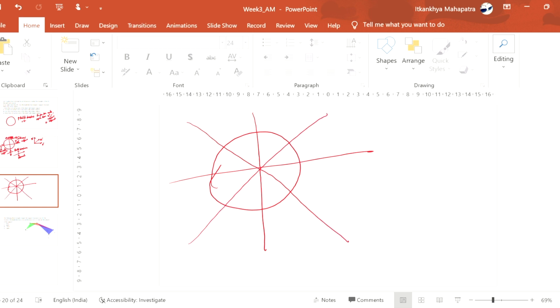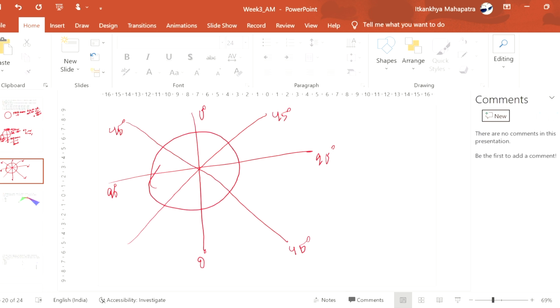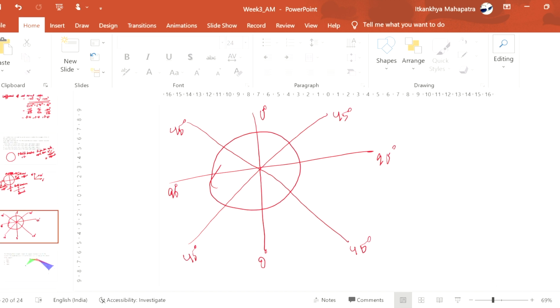Okay, now here this is 90 degree, 0 degree, 45 degree, 45 degree, 0 degree, 45 degree, 90 degree, 45 degree. Now after dividing into more parts, we see that